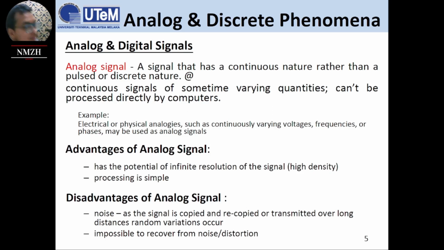So it is impossible to recover the noise distortion, meaning it will be difficult to make things go back, because it is not completely changeable compared to the digital. When we talk about converting continuous to digital, we change the continuous to digital discretely from 0, 1, 2, 3, 4. We put it block by block, right?